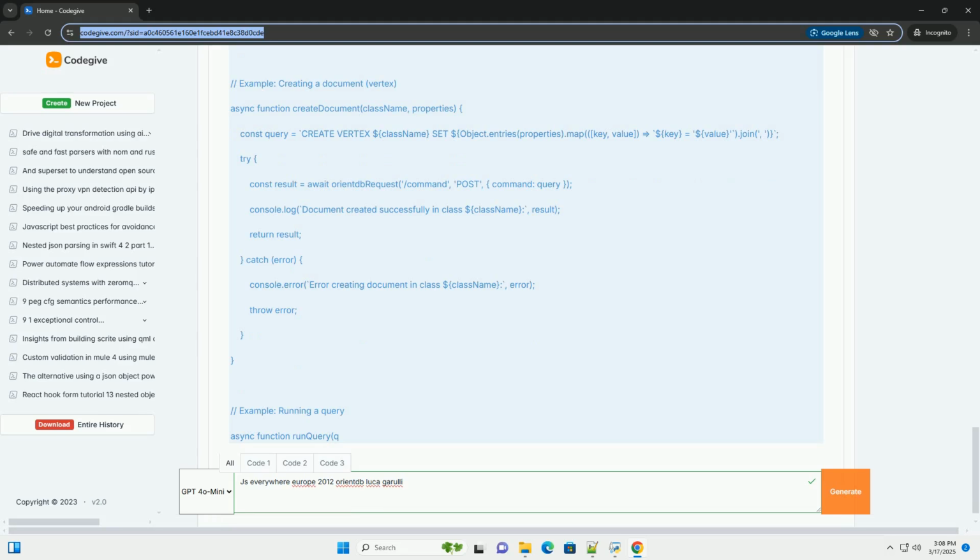Secure authentication uses base64 encoding for authentication credentials, though note that this is not truly secure for production, consider using token-based authentication. Parameterized queries, sort of: while the REST API does not offer true parameterized queries to